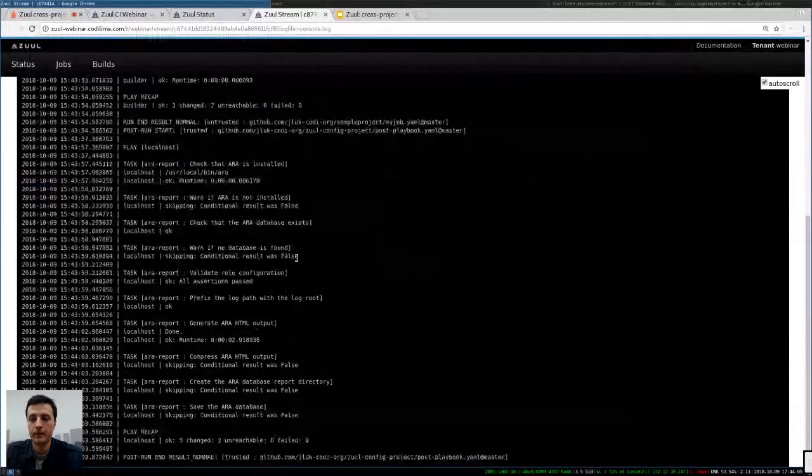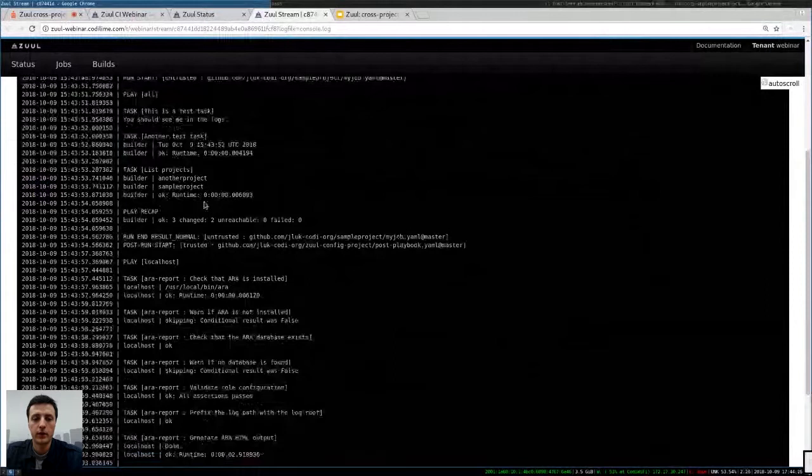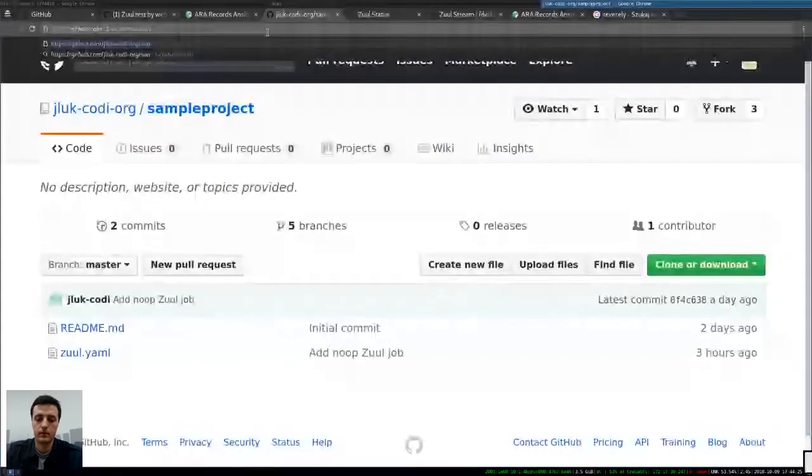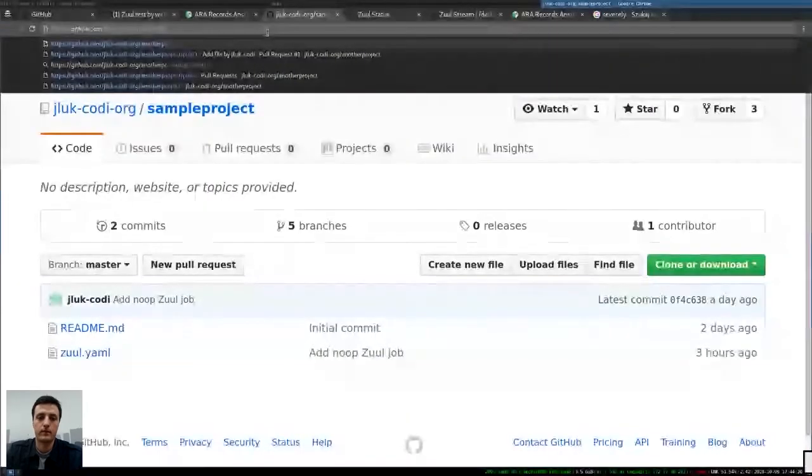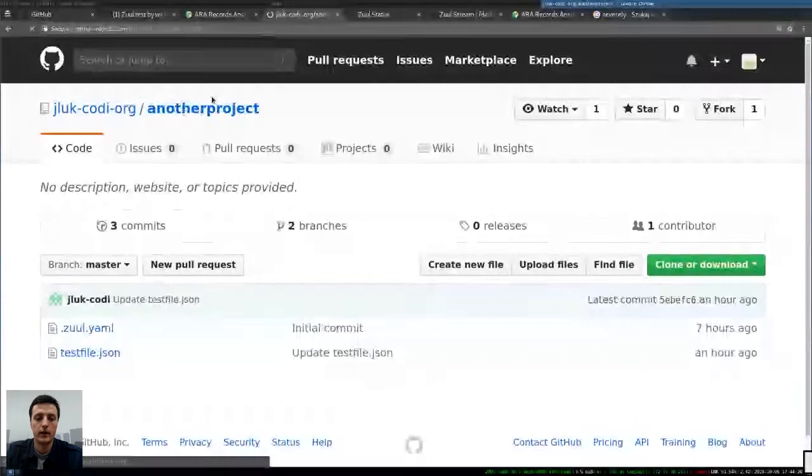And here you can see that we now have another project in our workspace, so the dependency worked. And the other project is located here. It contains,